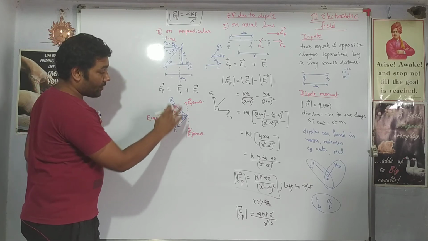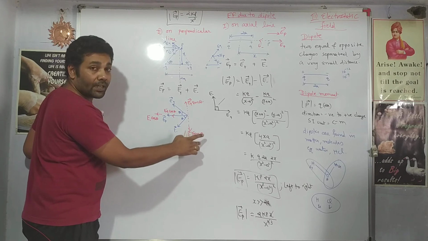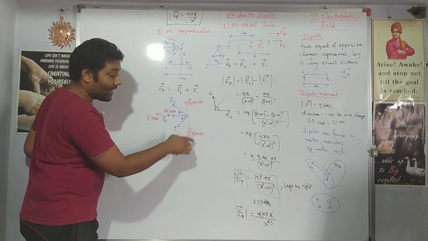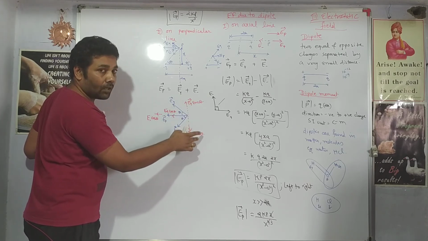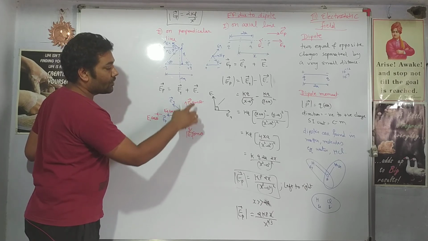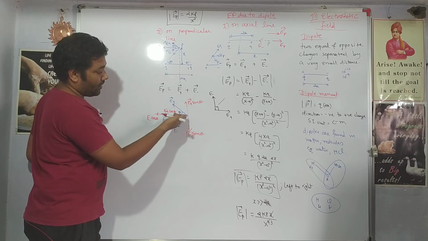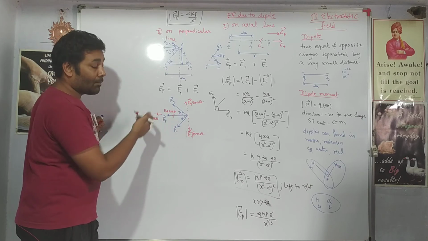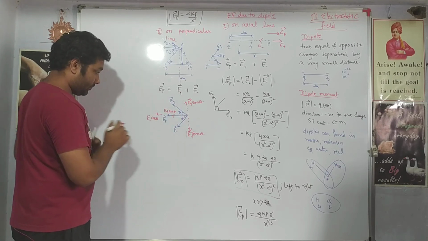So we have resolved the vectors. Now if we see the perpendicular components, they are opposite. Will they get cancelled? Yes, they will get cancelled if they are equal in magnitude. If the magnitude is equal, then the direction is already seen from the geometry. So equal and opposite components will get cancelled out, but we will inspect whether they are equal or not. And the horizontal components will get added up. So let us see the vertical components.